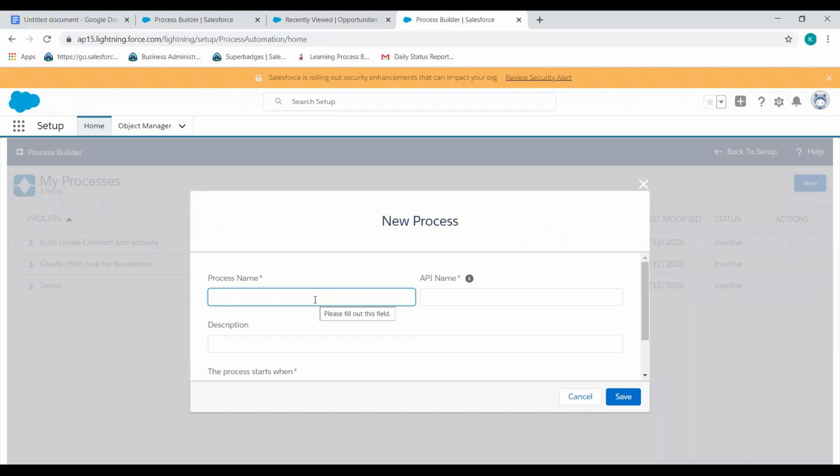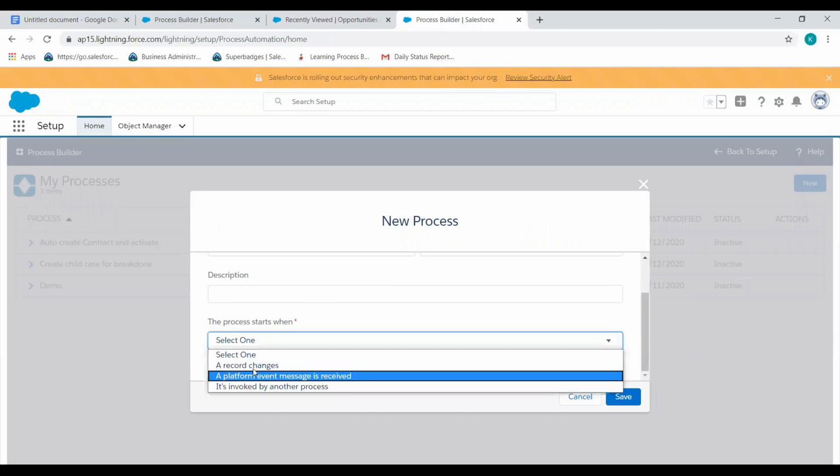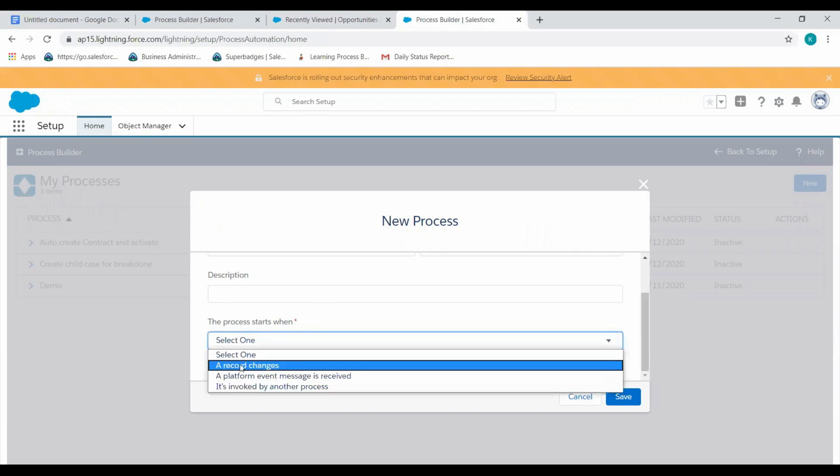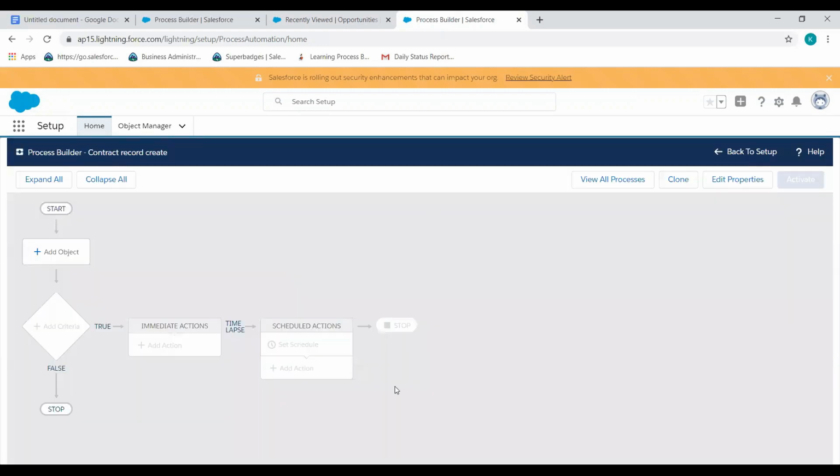Here's your process name, like contract record create. The process starts when, there are 3 options, so we will select the record change. So this is the process builder.